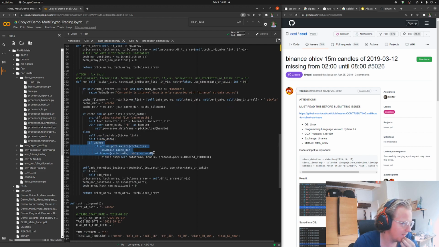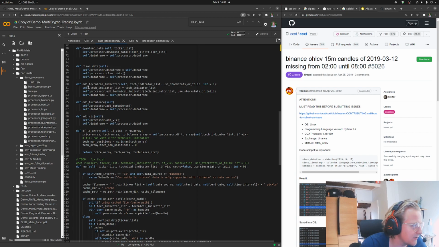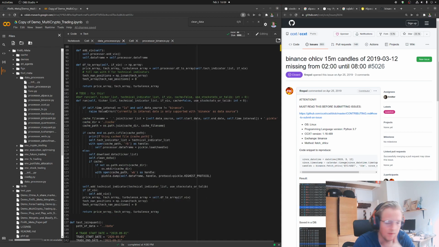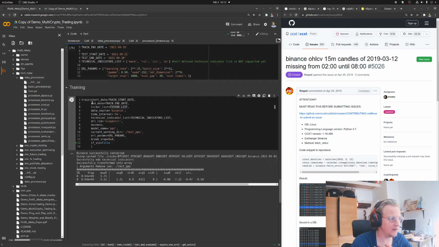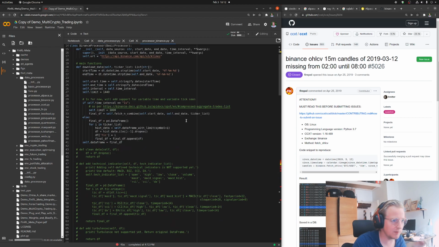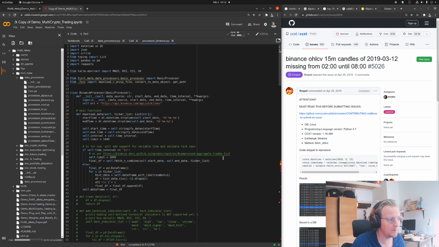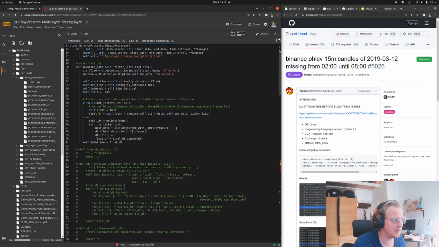And then there's some handling of where to dump the files. Then we have a self.add_technical_indicator list, and here the technical indicators are added in this function, add technical indicator. The technical indicator list is that processor.add_technical_indicator. So now we go back into the processor, and yeah. Okay, I'm sorry, I don't know. The Binance processor changed a lot for me. The way I personally did it is,